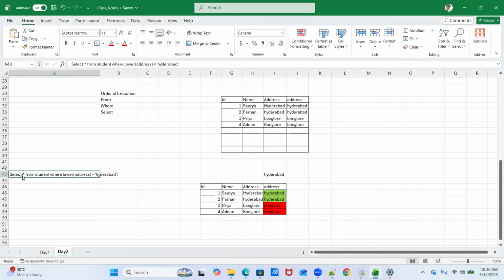Now what will the engine do? It will see the select clause and see a star. So it will understand that the user wants me to display everything, all the columns from the table, but we don't have any lower of address column in the table. We have only ID, name, and address, and that's what it will display.